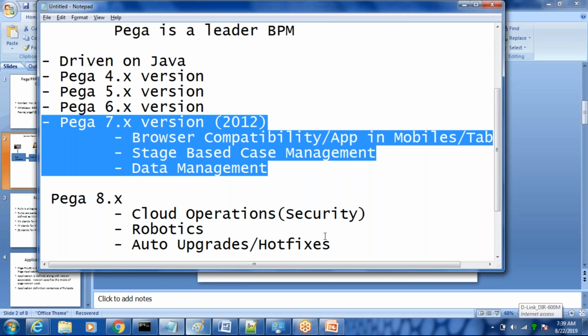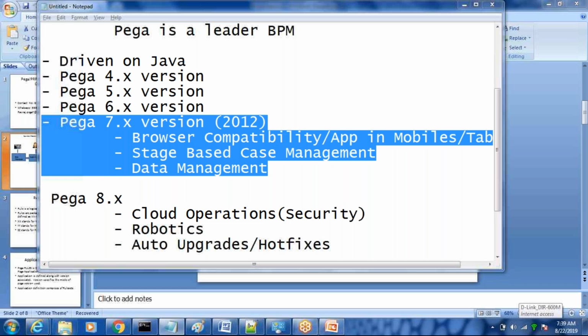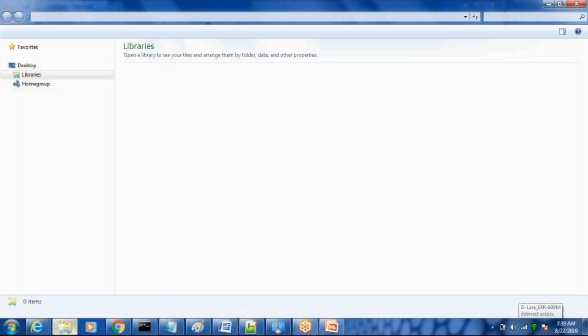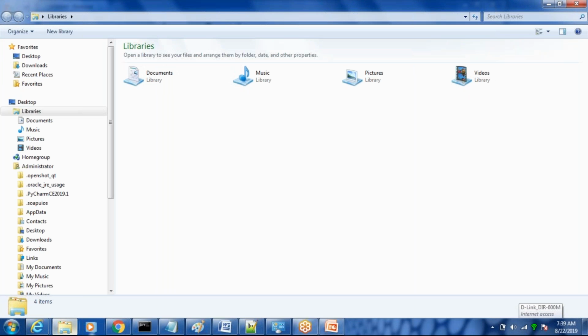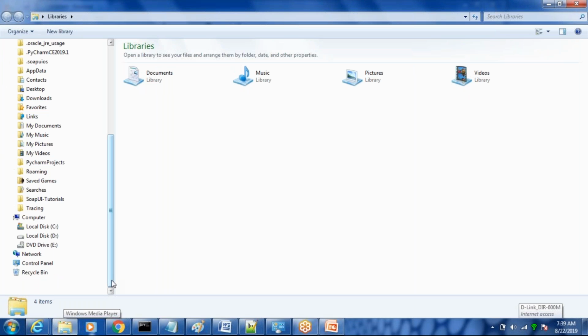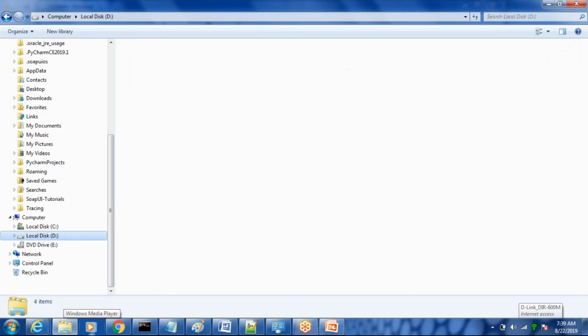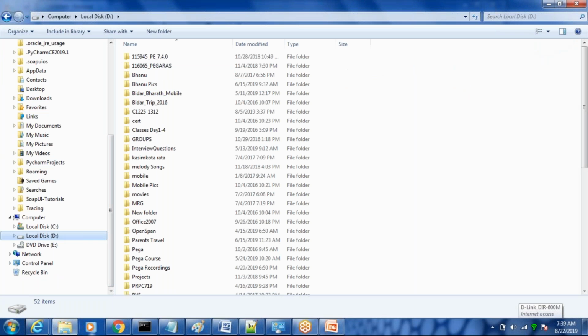All right, so the software I installed on my laptop is 7.x. Maybe in the middle of the course we may move to the new version as well. In order to install the software, there is a personal edition zip file given, which has all the prerequisite software embedded in it. You need to unzip it after you download. I can provide you the drive link to download.